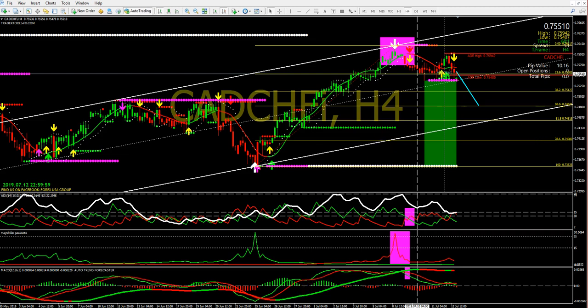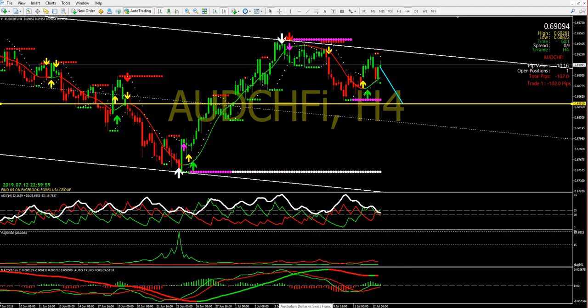All right, moving on. So now we got here the Australian versus the Swiss again. What do we see here? Clearly we got a triple arrow, and if we add again the vertical line, the vertical line is showing us, let me move it here. Perfect, right there. It's showing us a crossover on the MACD, but we do not have an ADX